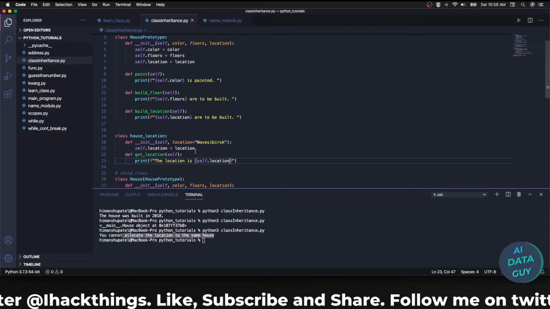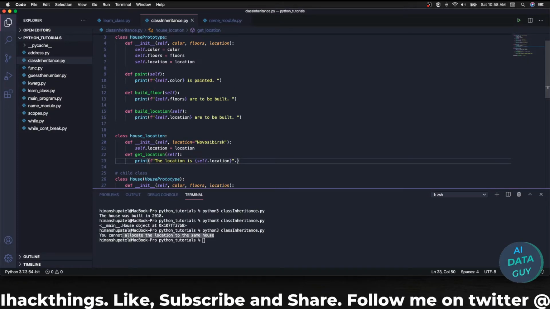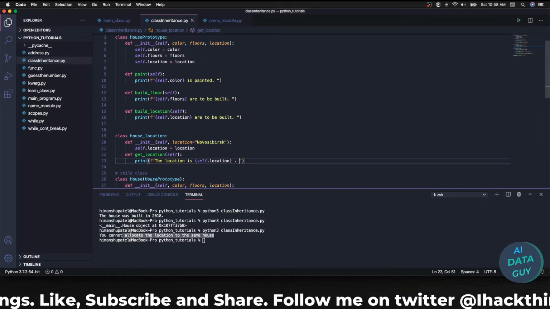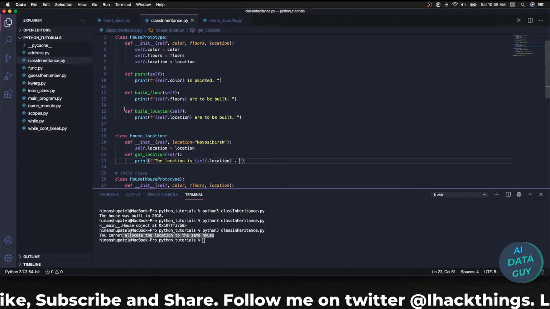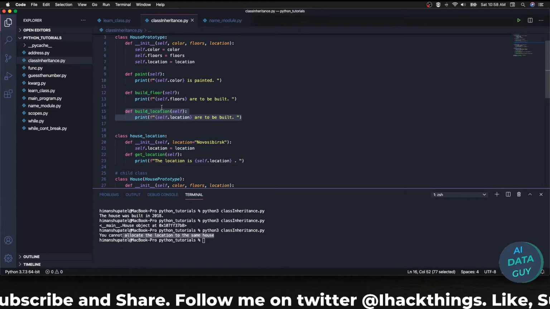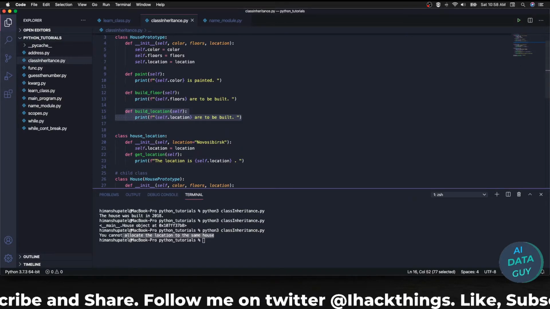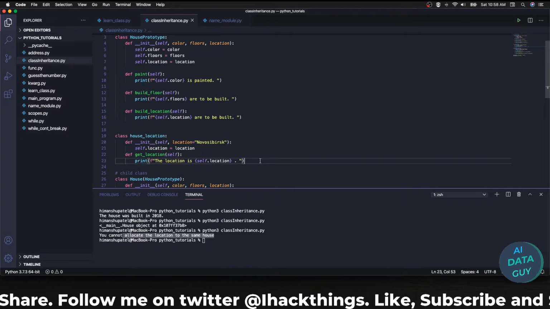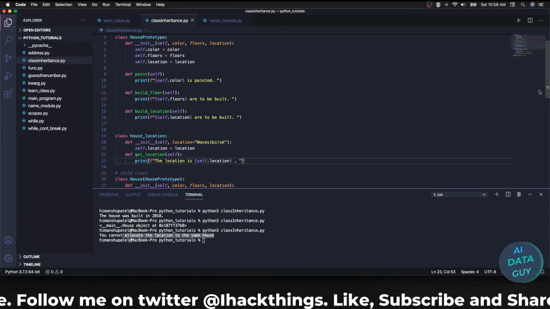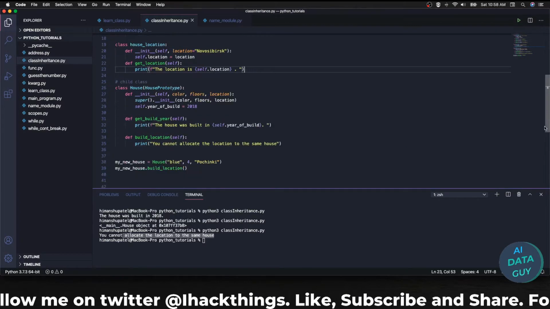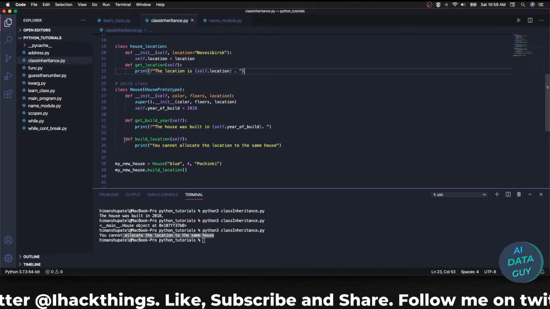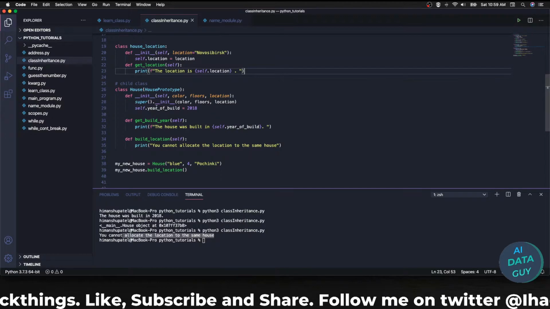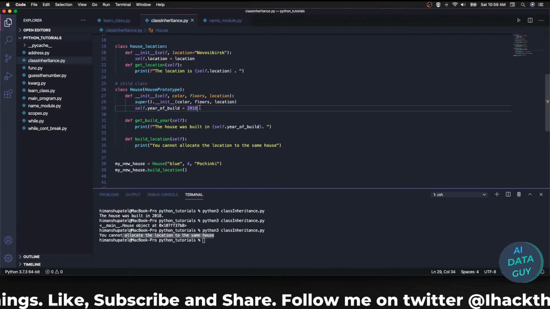So location is self dot location, not this again and that's this, right? So what does it mean, I'm just extracting this particular thing from the class and then putting it over here, right? Now if I will just run this, I will just call this particular location part somewhere here. So in my init method right here, I will just say one more thing, self